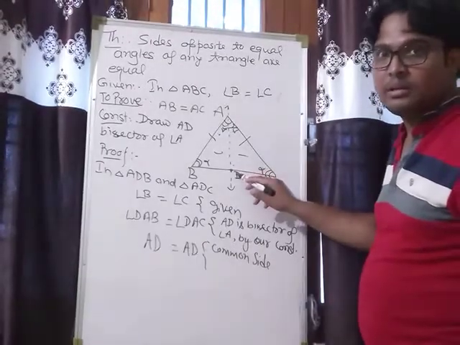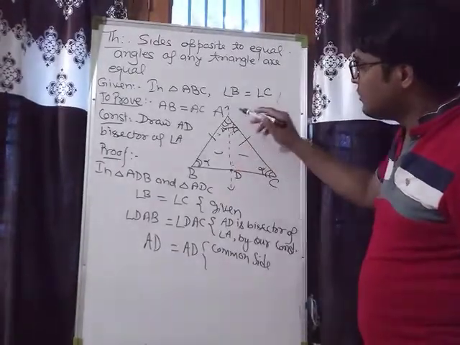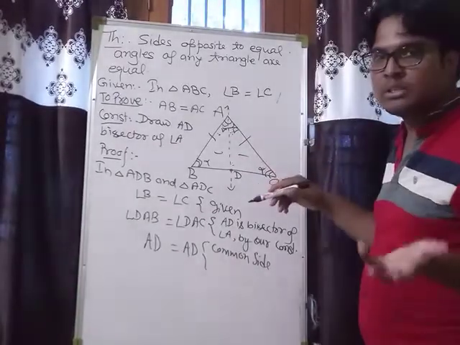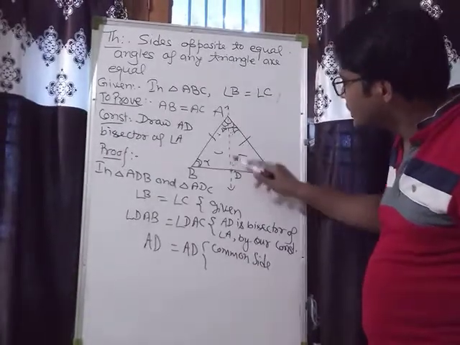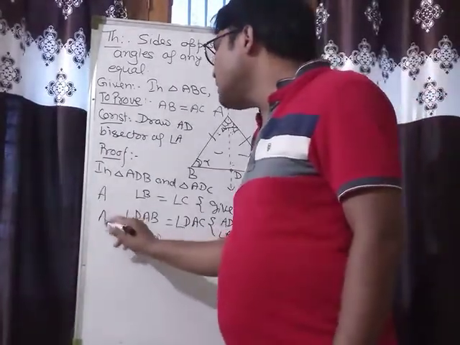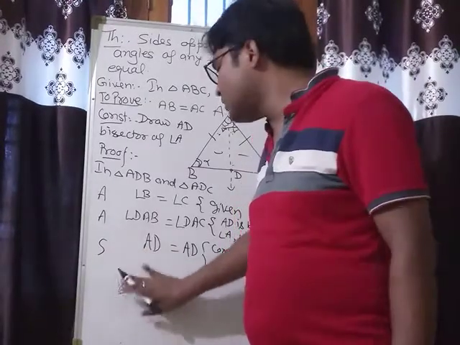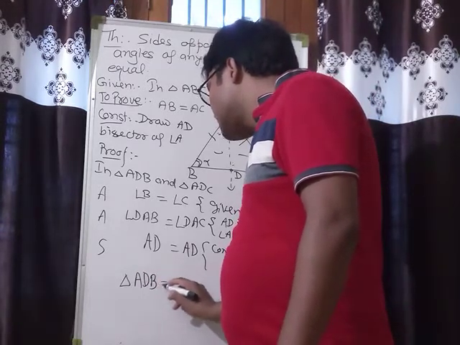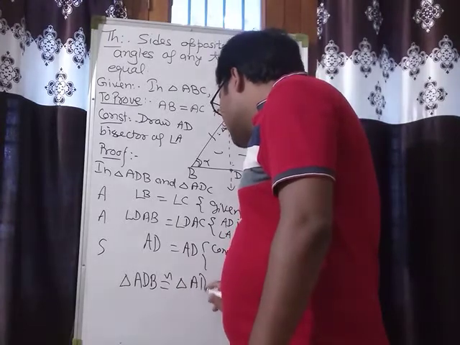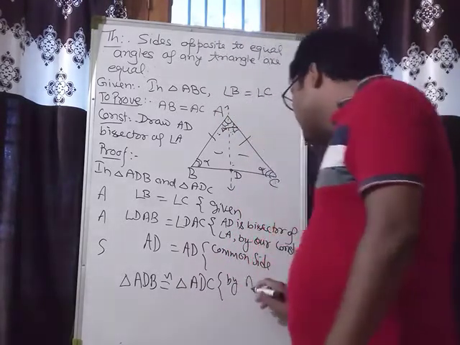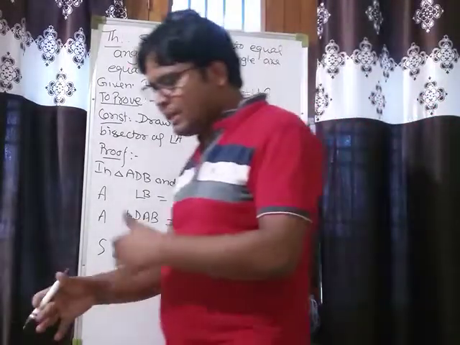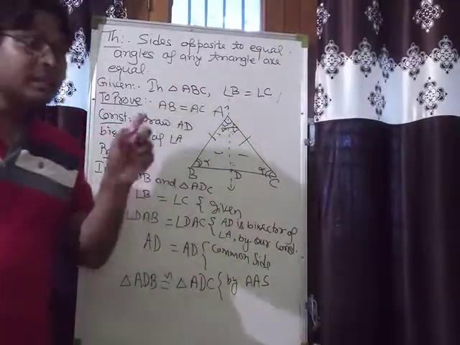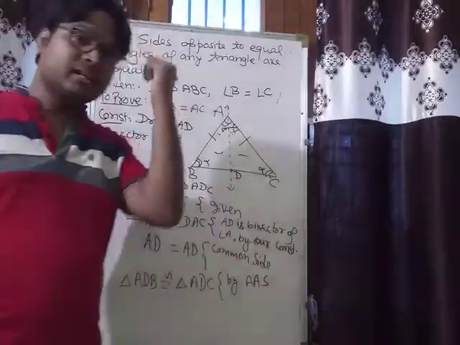Clearly, in these two triangles, these two angles and one side are equal to corresponding angles and the side. So by AAS, yes, because this side is not included between these two angles. That's why what congruence rule here? AAS congruence rule, and we know that AAS congruence rule is applicable on triangles. ADB is congruent to triangle ADC by AAS congruence, because AAS is actually the corollary of ASA. I had explained already this.